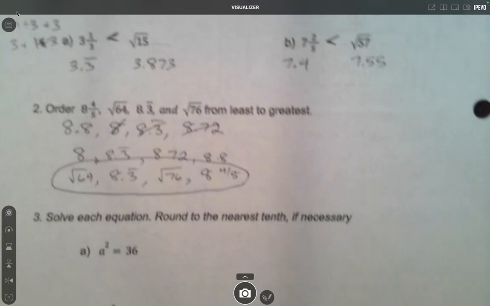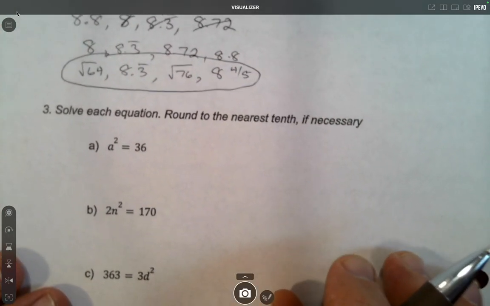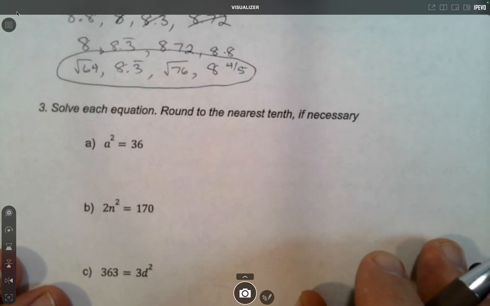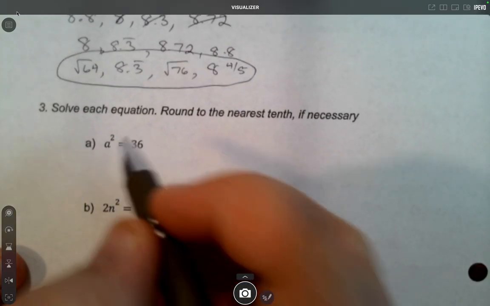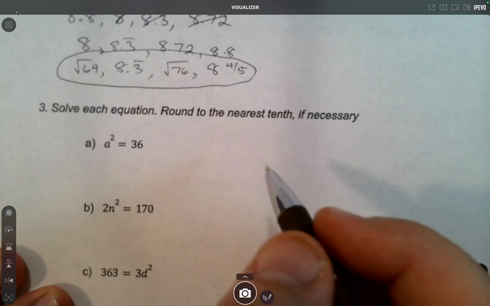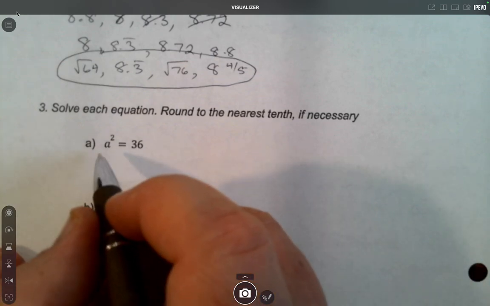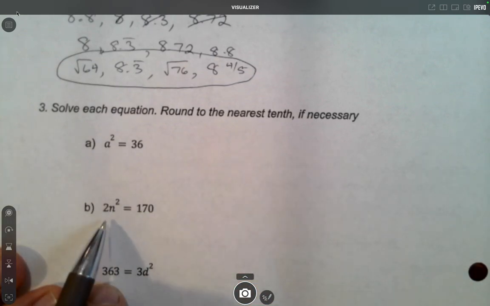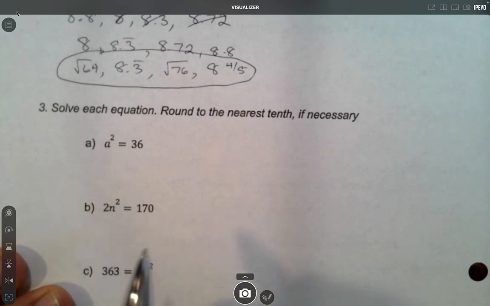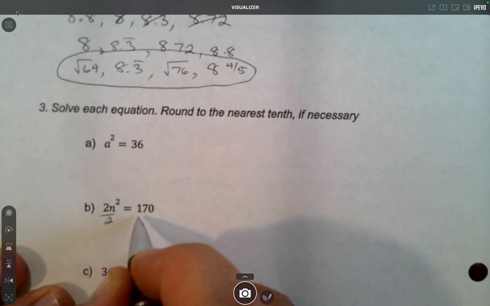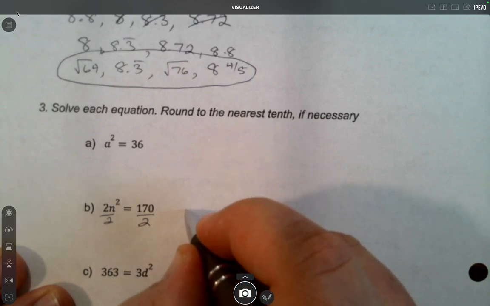Okay, last type of problem we need to know with these, and that's how to solve an equation that has a squared in it. So to do that, we have to do the inverse. So for example, let's think down here. We know this is 2 times n squared, so we know the first step we take here is to divide by 2. And the reason we do that